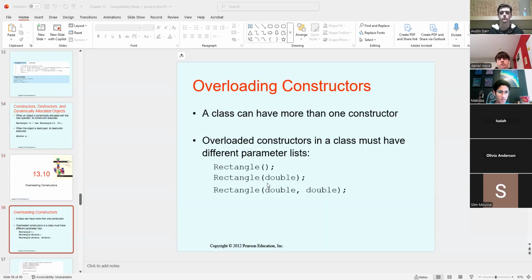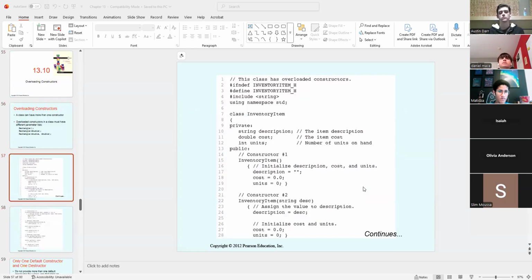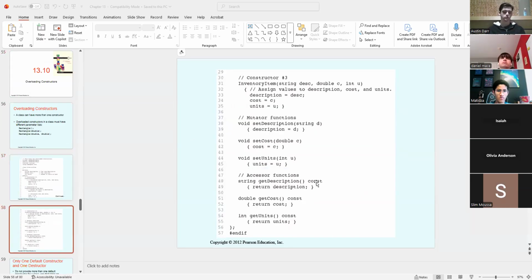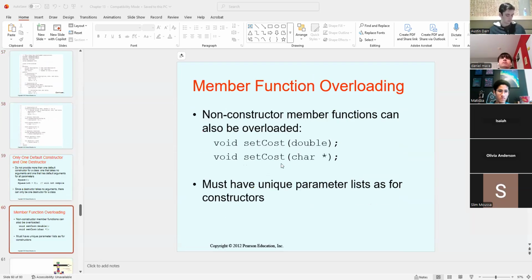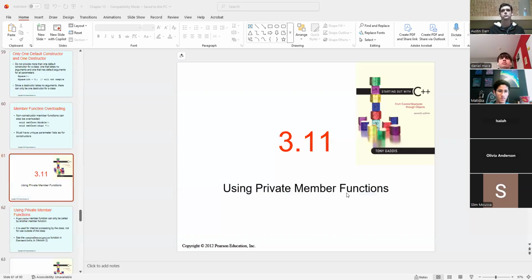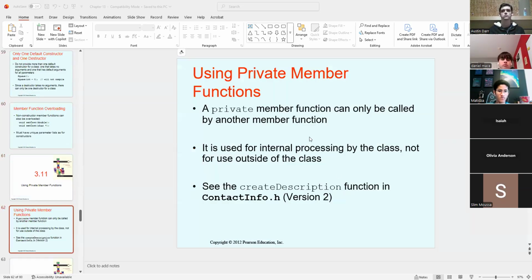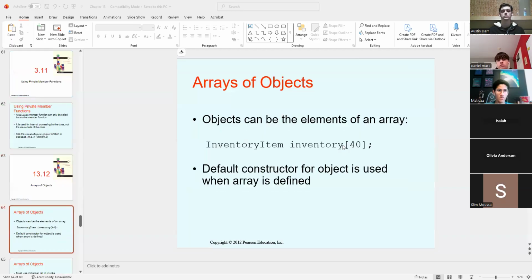Overloading constructors. There, I said it several times. It's included in this chapter. Again, it mirrors what you learned with Java. A lot of the languages do have a lot comparable. And I'm just skimming over, and somebody's going to say, but private, that means it can't be accessed outside.